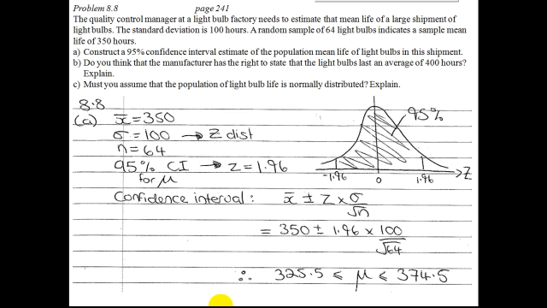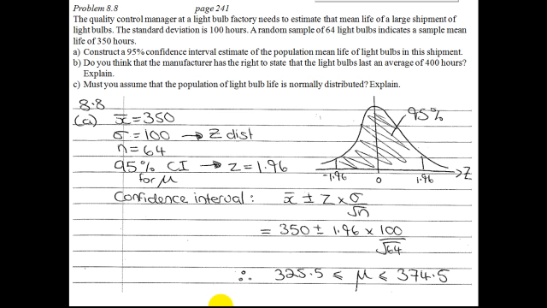Now part A was the practical component. We've got B and C, which just give us a chance to think about how to interpret this result and really what it's telling us. Just keep in mind that in part A, we're saying we're 95% confident that the true population mean life of a light bulb, for the population, is between 325.5 and